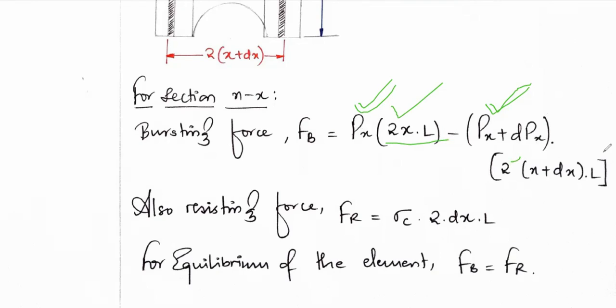2 is present, L is present. So for the outer fiber, the x will become x plus dx. So it is 2 into x plus dx into L. Also the resisting pressure,